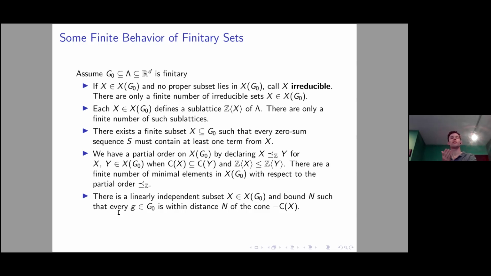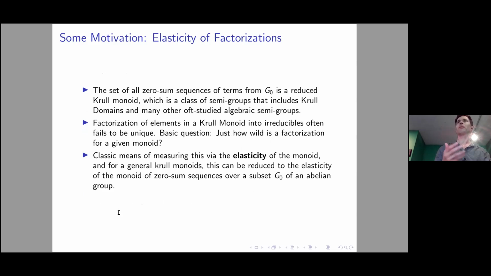Admittedly, you might not have guessed to use that definition to begin with. But if you do use that definition, a correct one that's slightly more complicated, you can derive all these properties and see that there's lots of nice finite-like behavior occurring for the sets afterwards. But you're all probably still wondering where that definition of finitary came from. It looks a little bit complicated and convoluted. So I want to at least give you some of the motivation for where this definition comes from and why it was quite important. For that, we have to get into something a lot more algebraic.